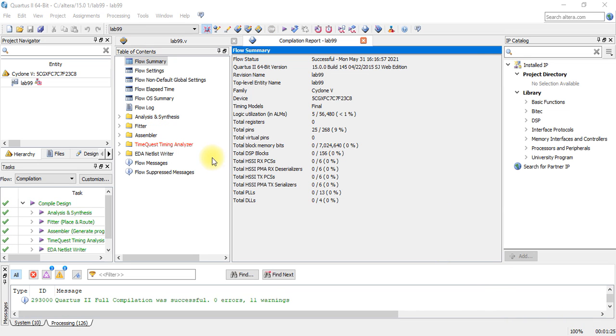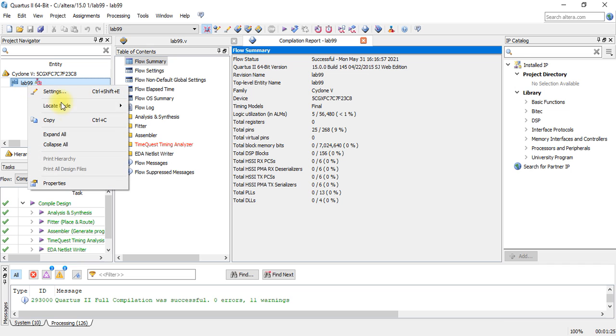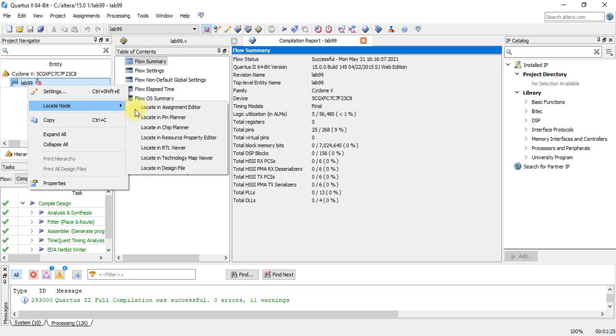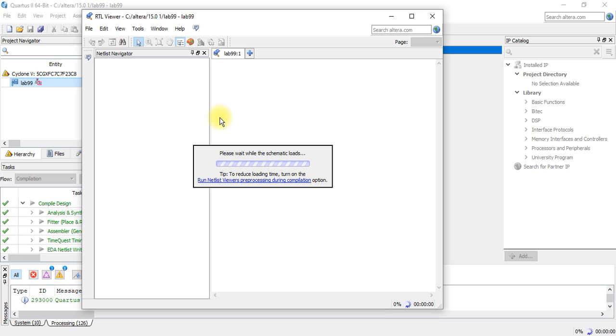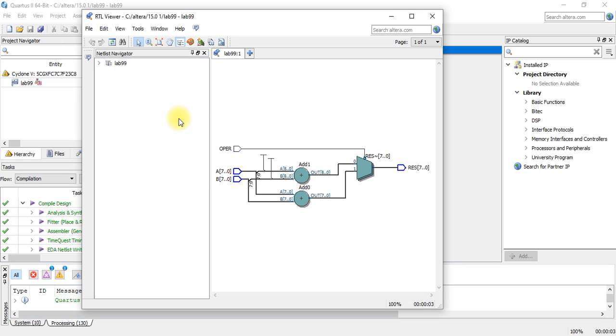The simulation has been done, and now let's locate it in our RTL viewer and see how the circuit really looks. This is the circuit in which we use two adders and one subtractor. This is the selection operation which performs the selection between addition and subtraction.